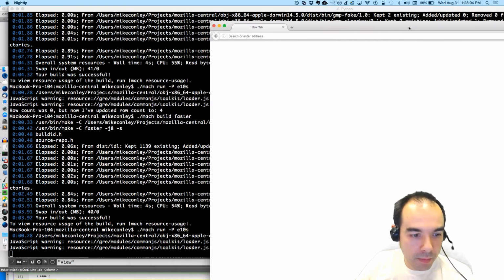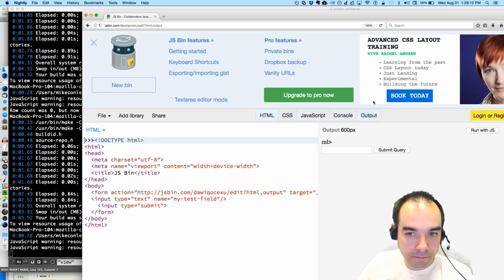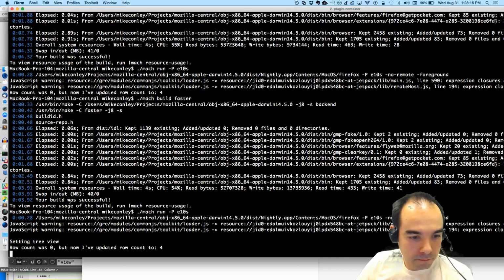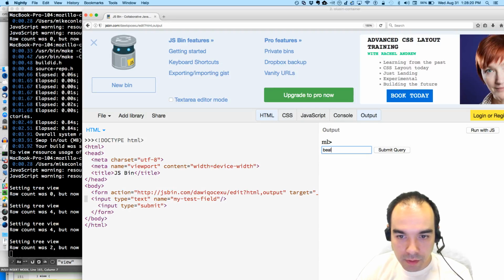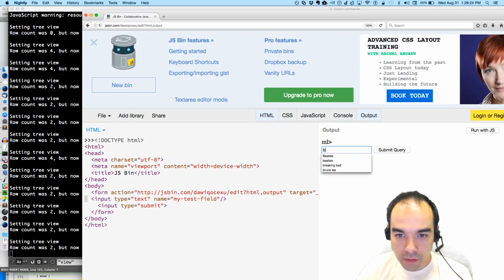Trees are such a pain in the butt. Oh, there it is. And that's working properly.